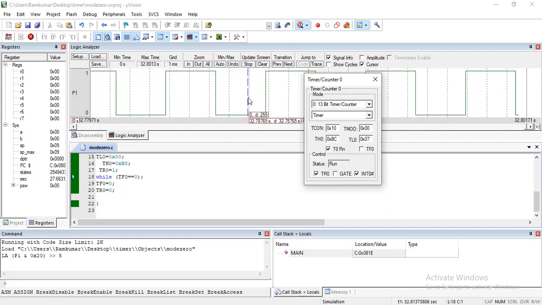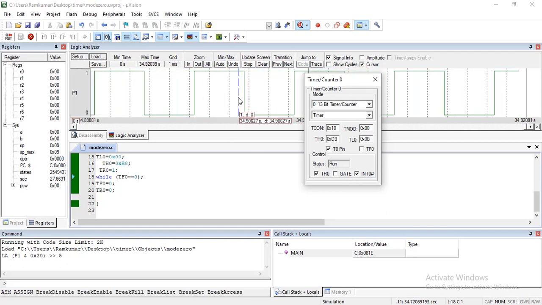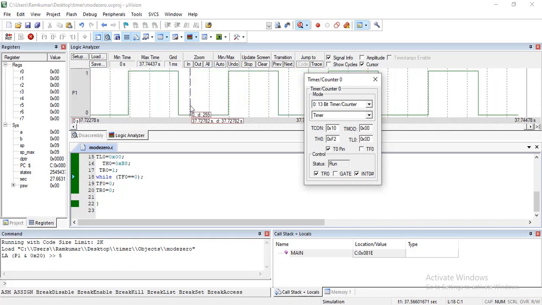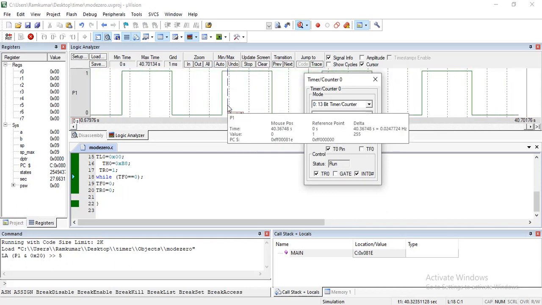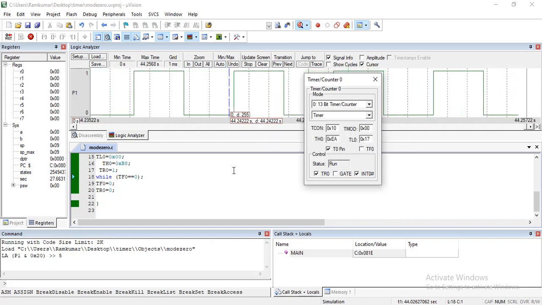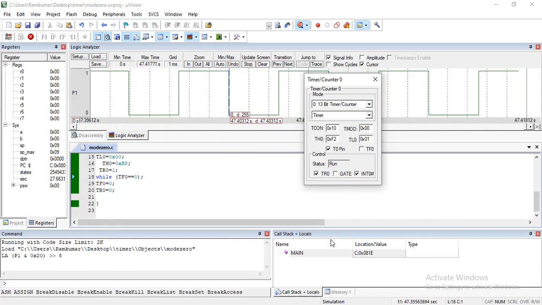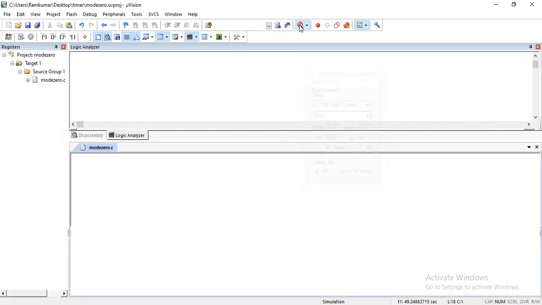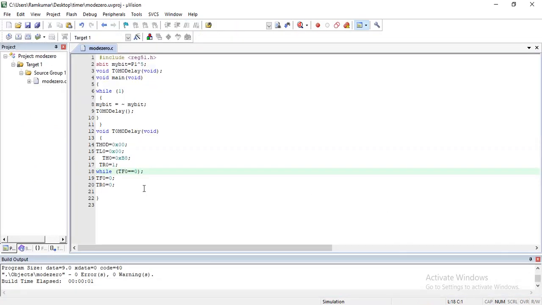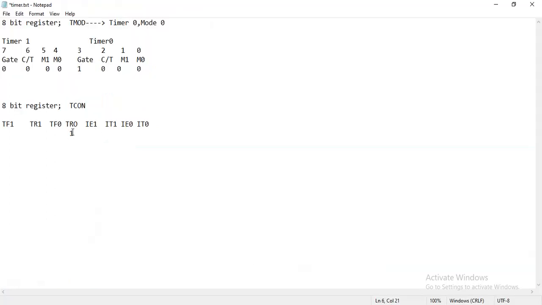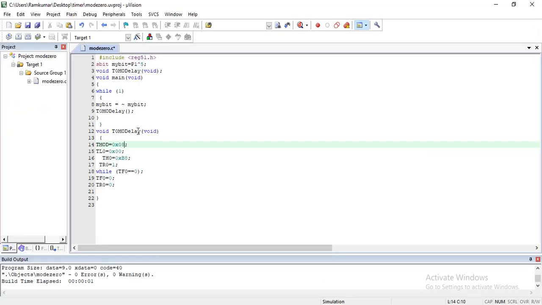Okay, so now you are going to get this output in the graph. You will get 5 milliseconds. What is the time period you can see? Okay, that is the use of the gate pin. But usually you will not make this gate pin 1. Here I have not added it over here. How to configure here? This is 1, which means 08, yeah, 08 I have to use.